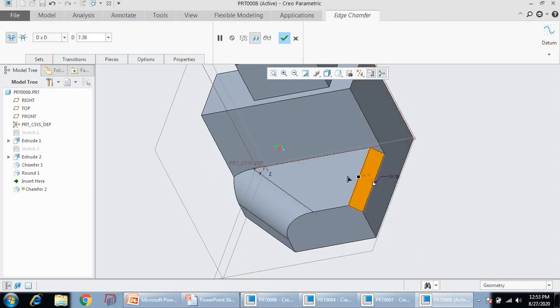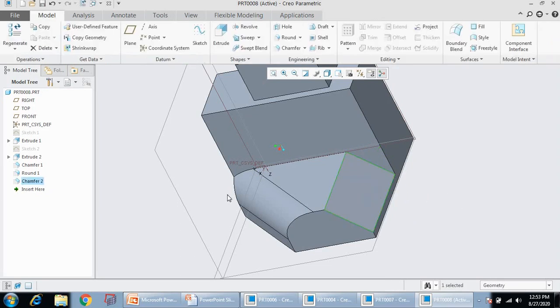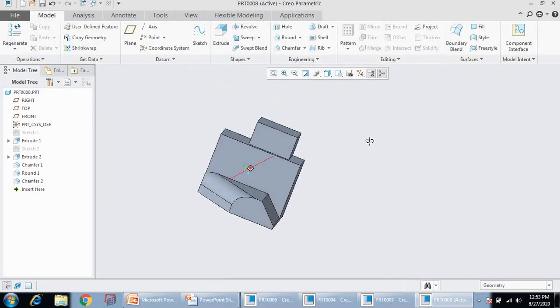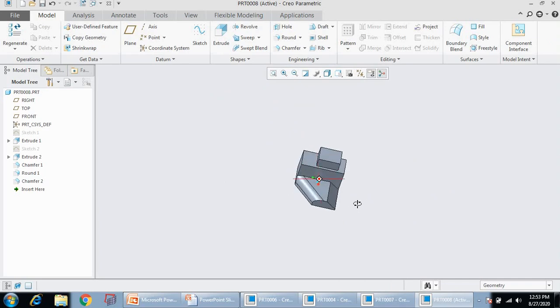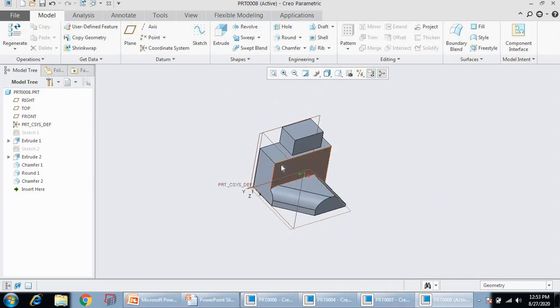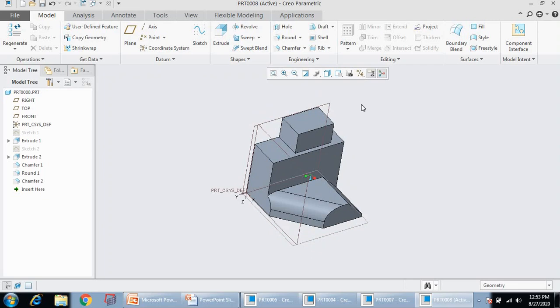And on this edge again there is a different chamfer. So now can we say that this is a 2.5D model? Not at all, because different thicknesses are given in all three directions, and different cross sections are present in all three directions. We cannot call it a 2.5D model. So it will be a 3D model.